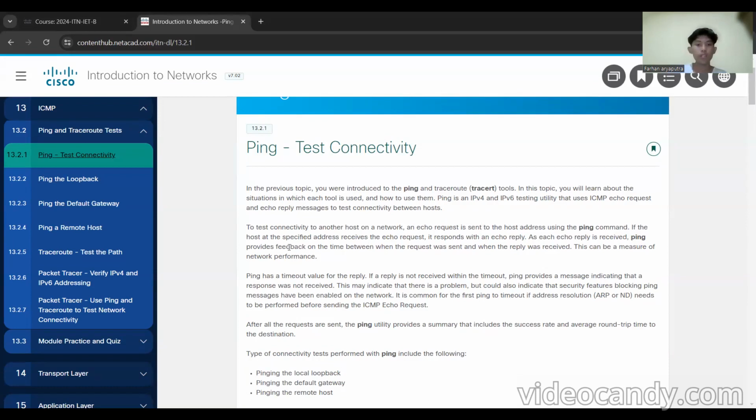If the host at the specified address receives the echo request, it responds with an echo reply. As the echo reply is received, ping provides feedback on the time between when the request was sent and when the reply was received. This can be a measure of network performance.